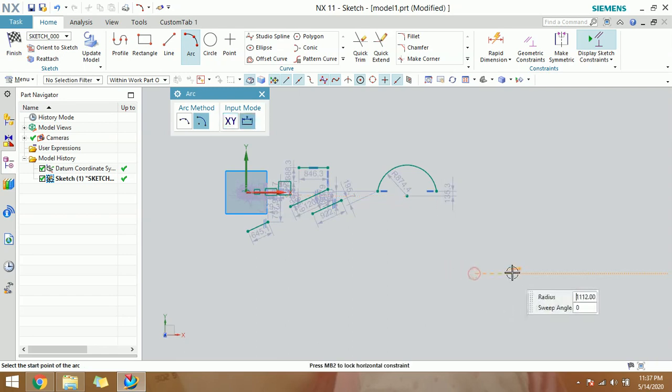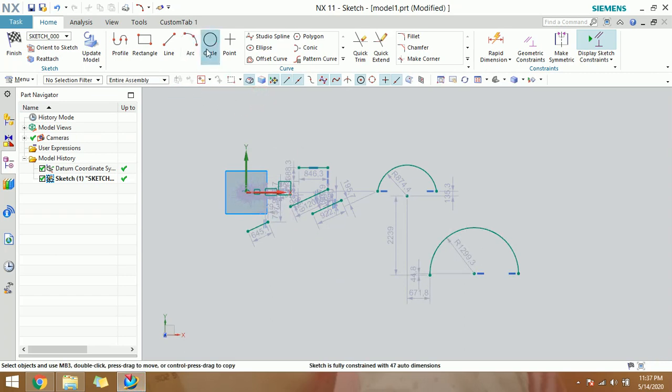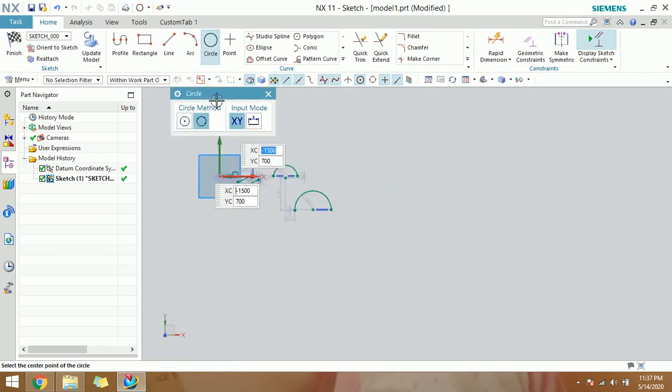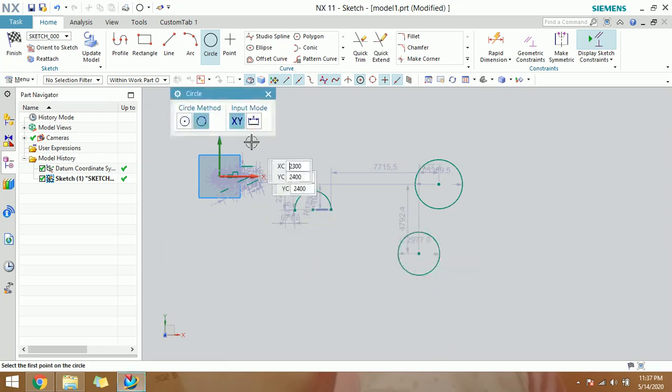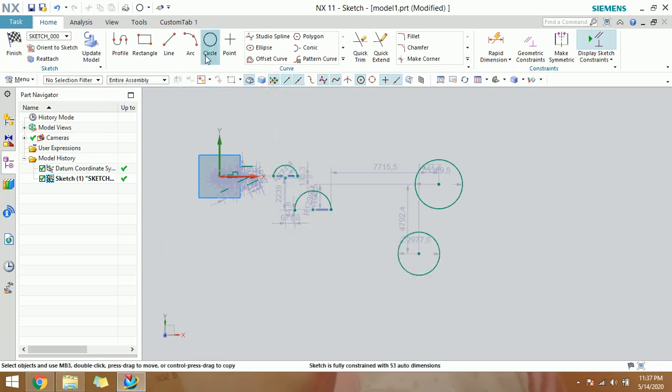So first, second, and you just observe, taking the reference of the third point. Next, circle. There are two types of circle, from center and by 3 points. From center, like this, and with by 3 points, 1, 2 and 3. So it is a circle.